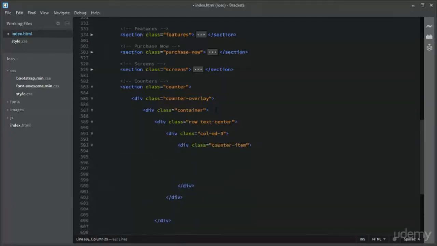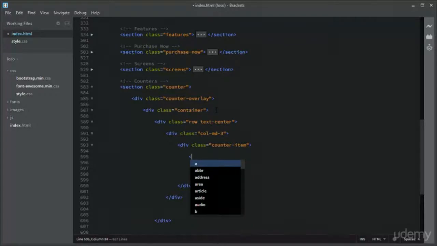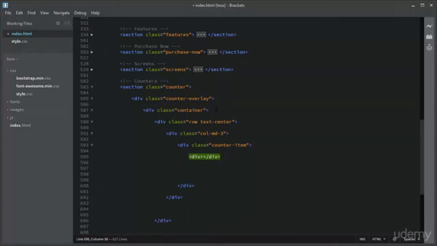Let us add icon for the counters, like an i with class of font awesome, font awesome of cloud download, with closing tag,